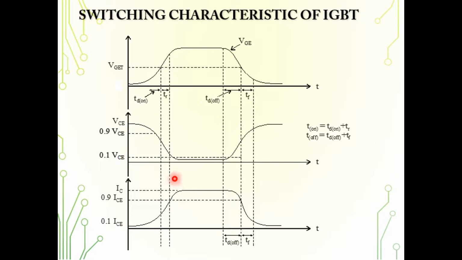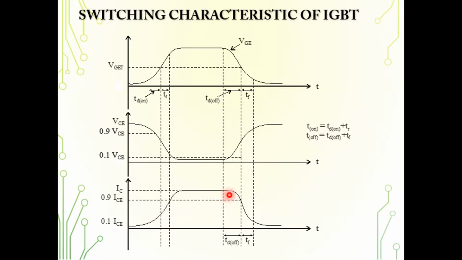And when the collector current increases, the output voltage has to fall. So initially output voltage will be equal to VCC or your supply voltage. Later on it will start decreasing. Once it saturates, it becomes around here, it is shown 0.1 VCE, that is the saturation value,